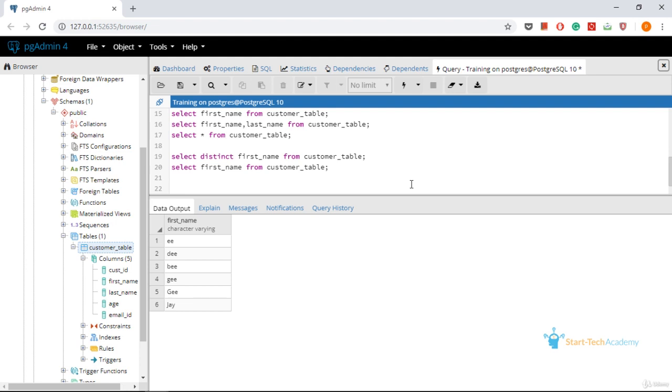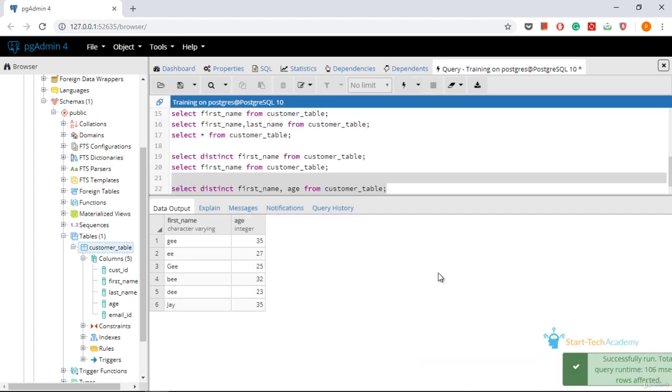Now let us try to retrieve more than one column from the database. We will write select distinct first name and age from the customer table. Run this query.